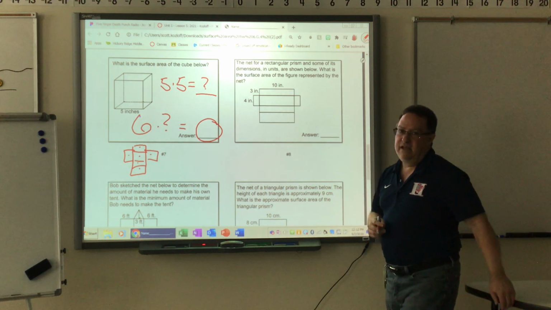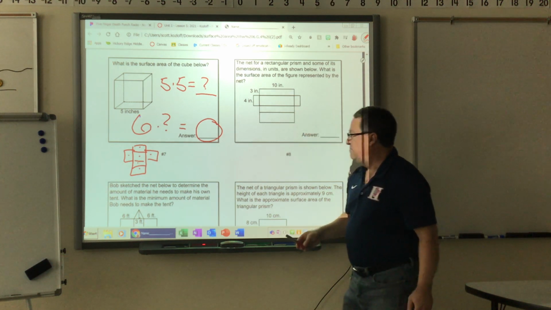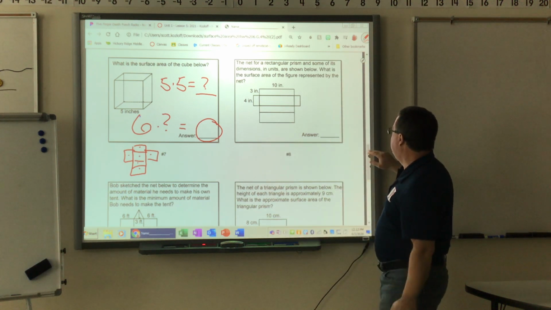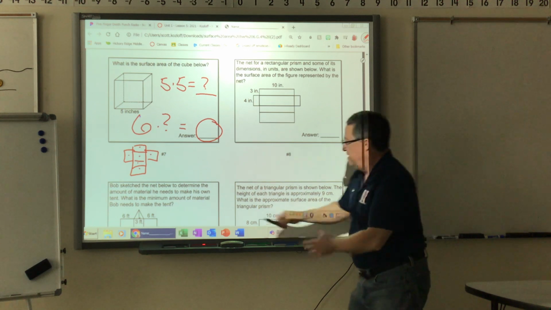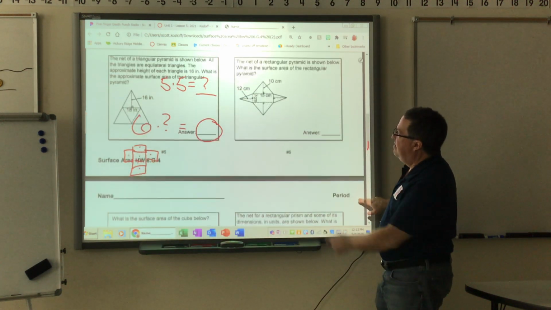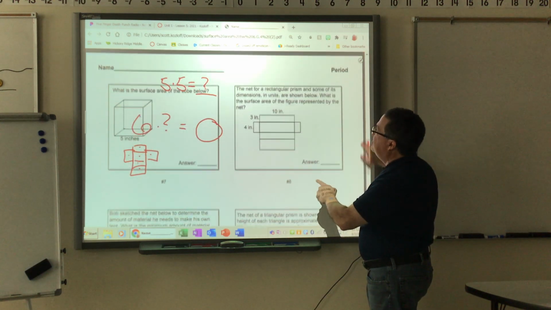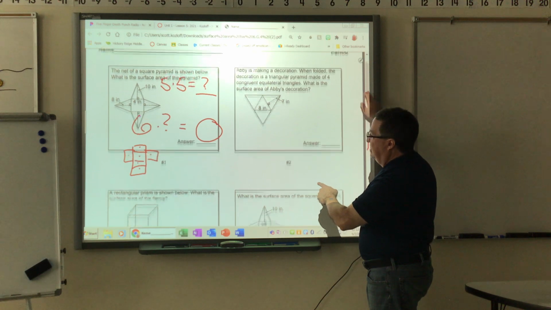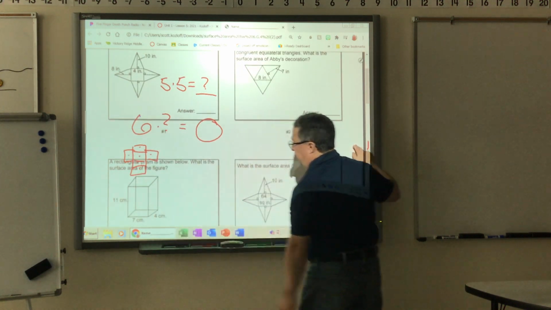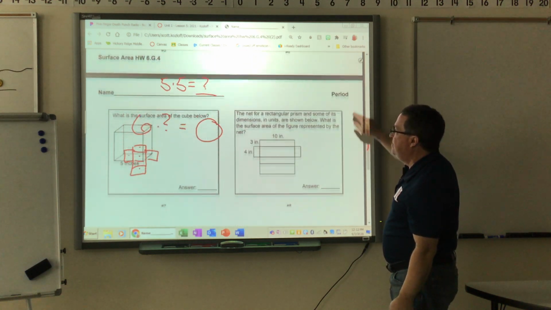Next, a rectangular prism. This rectangular prism is actually the same as the other rectangular prism from before. It's going to be the same as this rectangular prism. Sorry for all the little notes on there. Okay? Except it is actually the